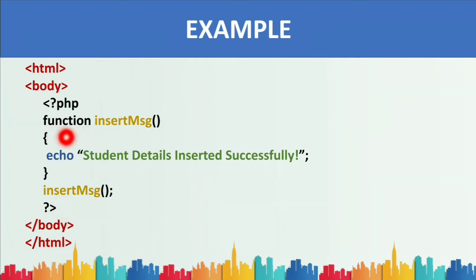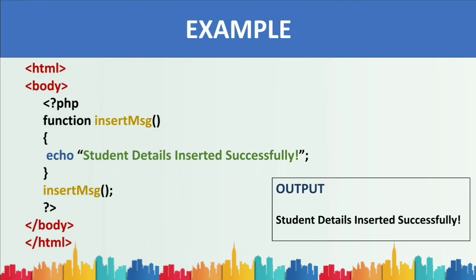The function declaration part, this block of statement, will be executed by a call to the function. This line is called the function call statement. Only if you write this line, this entire block will be executed. Otherwise it is not going to work. So let's see the output. Only this line will be your answer. See children, whatever is given in double quotes, you have to write as it is.